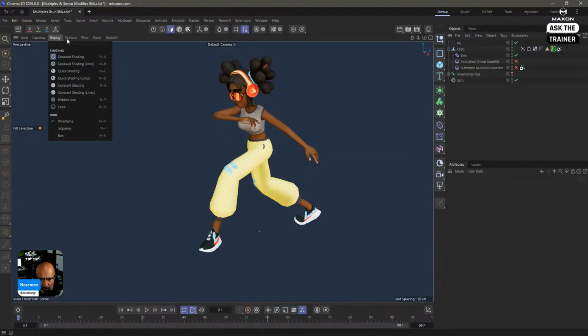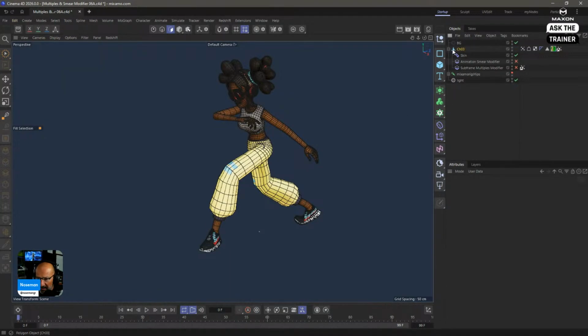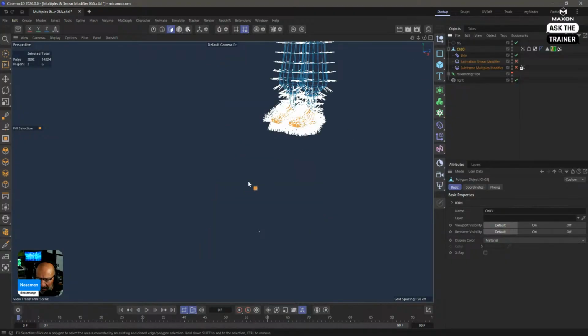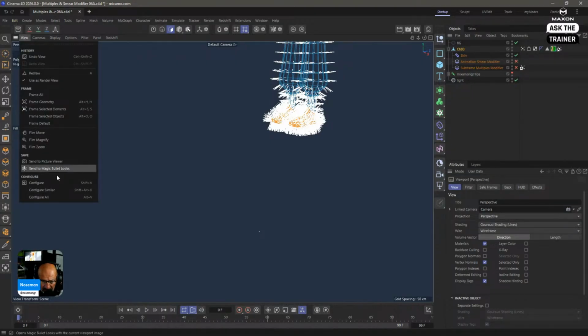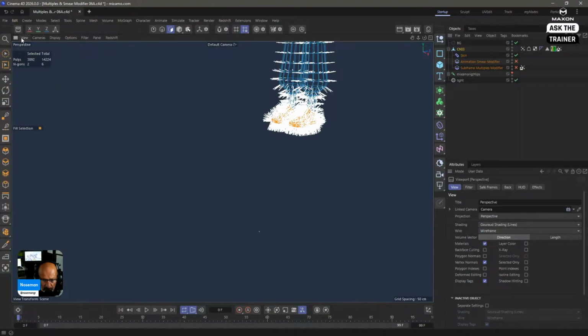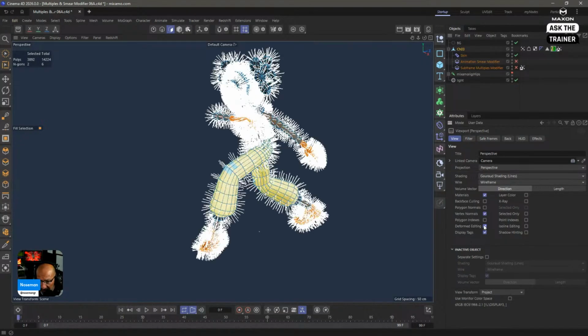Let's go and activate my grow shading lines, and let's go and activate vertex normals. Now, in order to get vertex normals, I think I need to go, if you press Shift V, you will go to your viewport settings. I think they are here. You go, configure in your viewport view. There's the configure. It's a really, really powerful manager which has all sorts of things. One of these things is the deformed editing, which gives you the ability to work in component mode while you're in the deformed state. Okay, and most of the time it works fantastically.